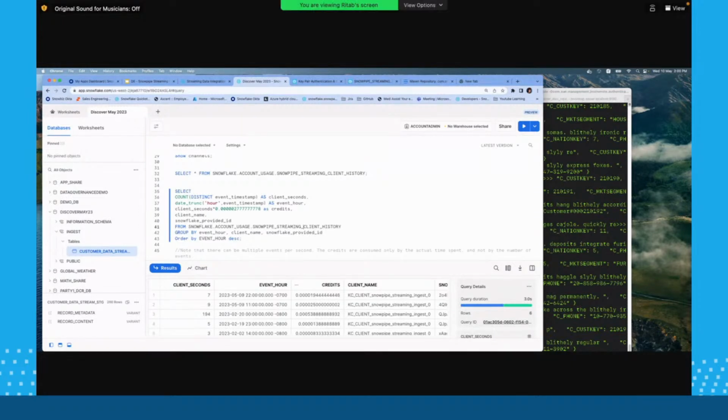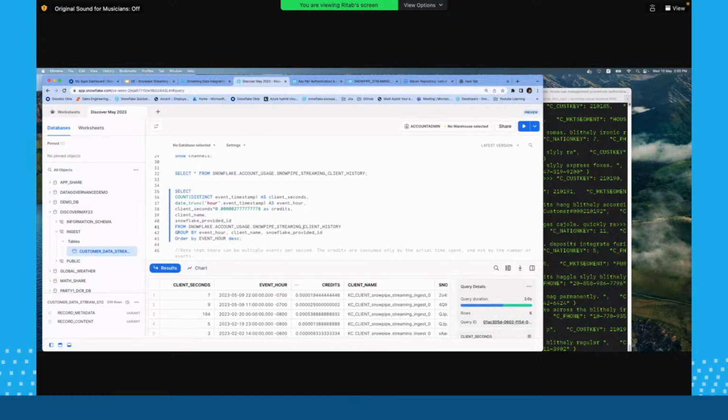There are comparison questions, Rita, like questions around Snowpipe versus Snowpipe streaming, costing, which is higher, and those kinds of questions. So the two scenarios are different. Let's step one step back. If you have files coming in at not very frequent intervals, let's say one file per hour, or multiple files per hour at a definite interval, and it's very consistent, Snowpipe is your go-to guy.